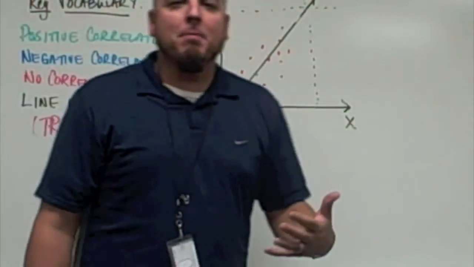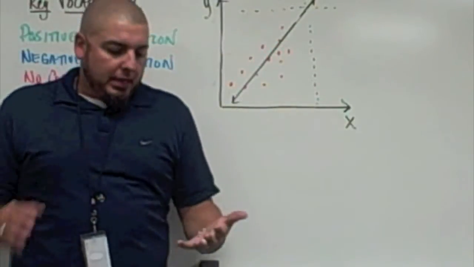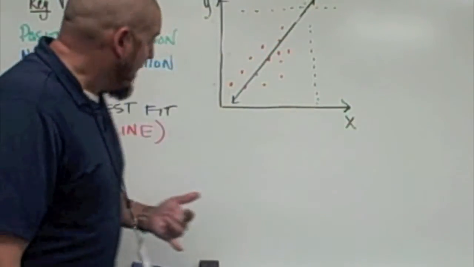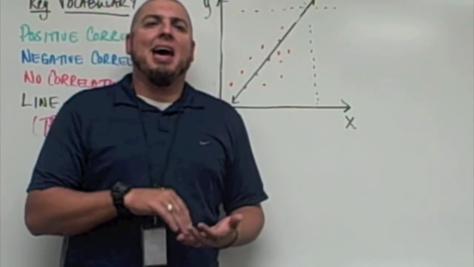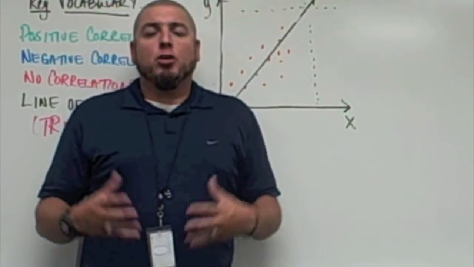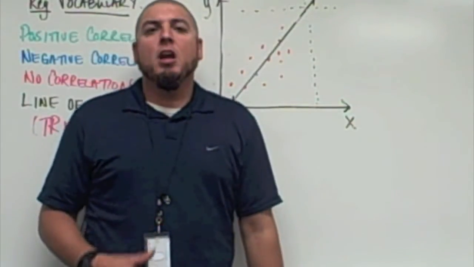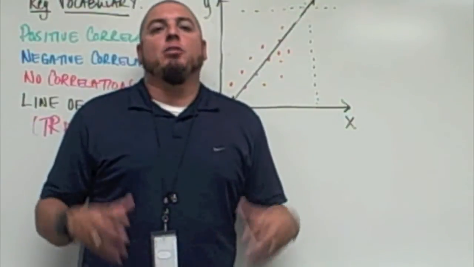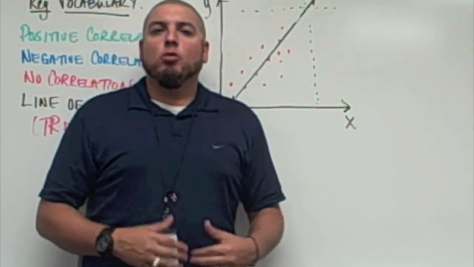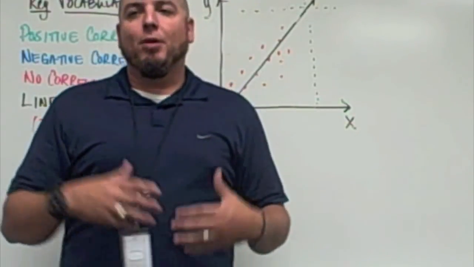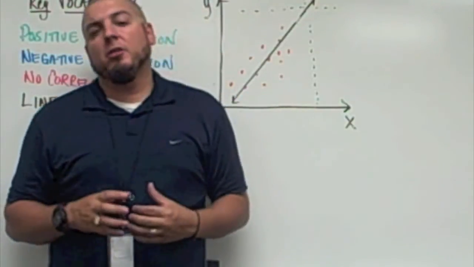So realistically, that is pretty much the nutshell as far as scatter plots goes. Now, I want to clarify a couple things. Again, we talked about the definition of these things. I've shown you kind of some visual representation, but the question is, where does the data come from? Well, the data can come from anywhere. You can get a table of information like we talked about the other day. We did data collection the day before. You get that data collection information, and then you take that data table, and you plot the points wherever you want to. And that's where that data comes from. So whatever you are trying to research or investigate, you put it into a table, and then you plot that information points on a one